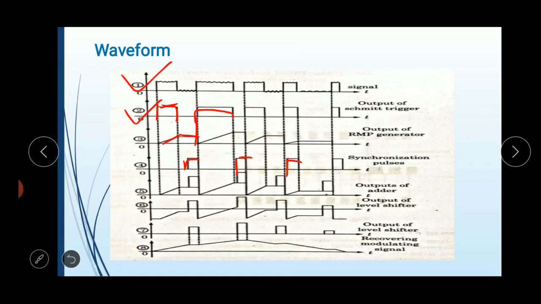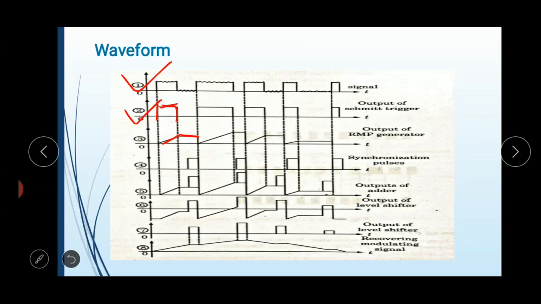All the pulses have constant amplitude and pulse width. Then internally a delay is provided after the synchronization pulse generator, which delays the reference pulses. After that, the delayed reference pulses and the ramp output of the ramp generator are added by